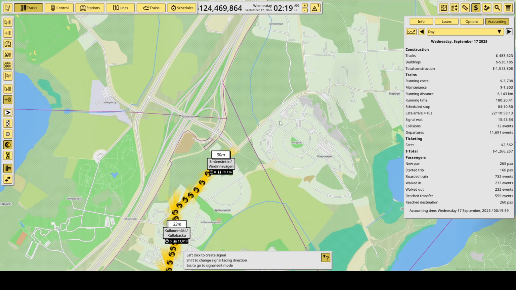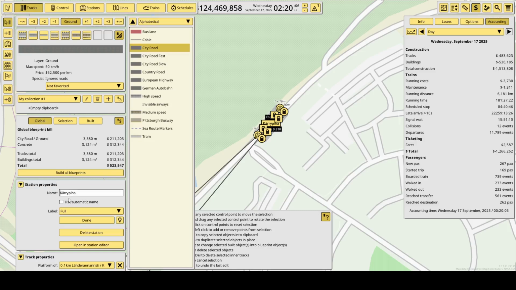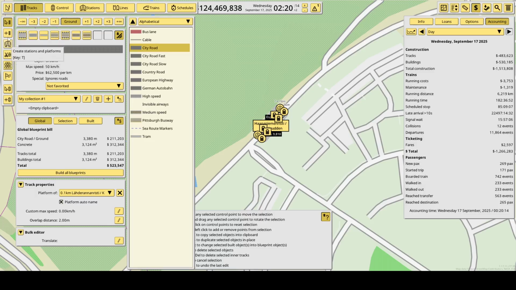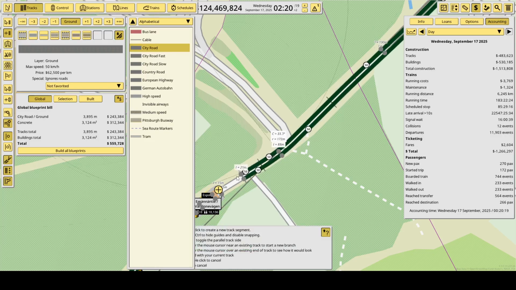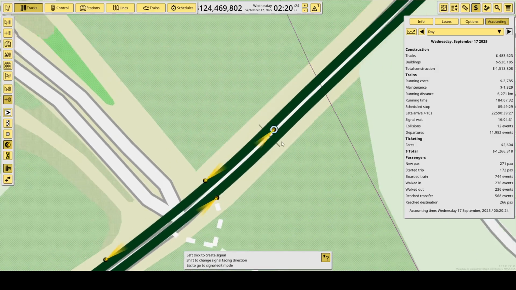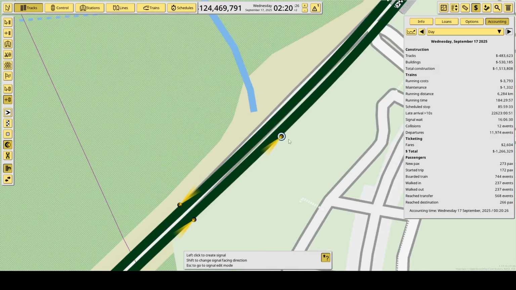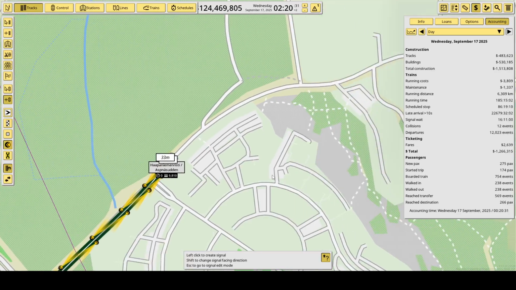So Haapaniemen Risti Aspnes Udden is going to be over here. There we go. Just a couple of stops left.